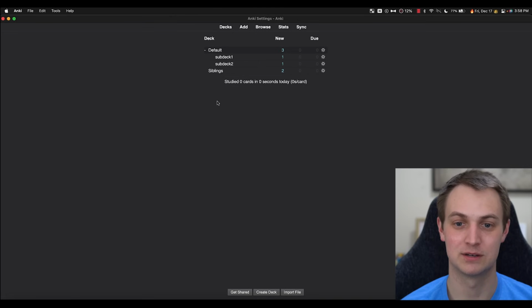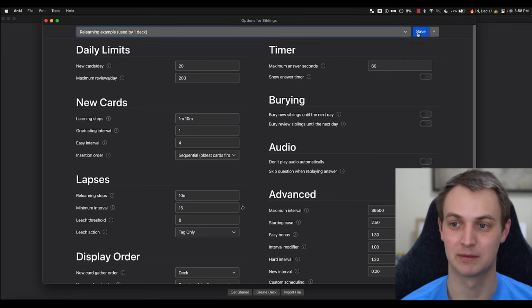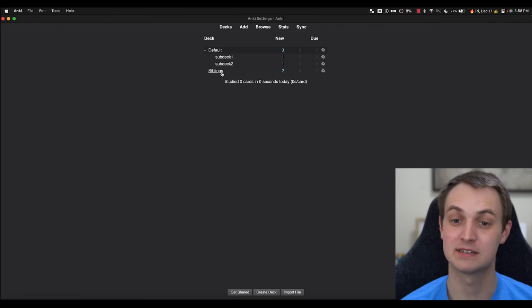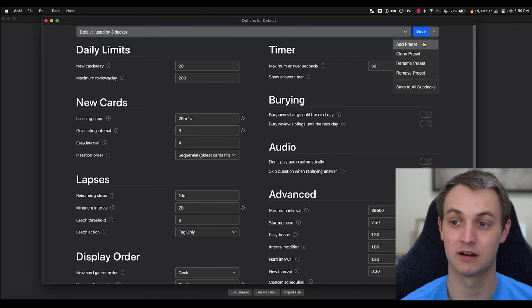Now if I go into the siblings here and I click options, I can change this to the relearning example and click save. And now this deck is the relearning example. We go back into here, you can see this is now used by 3 decks and this is used by 1. Now this is important because if you create a new one, which you can by going here, add preset,